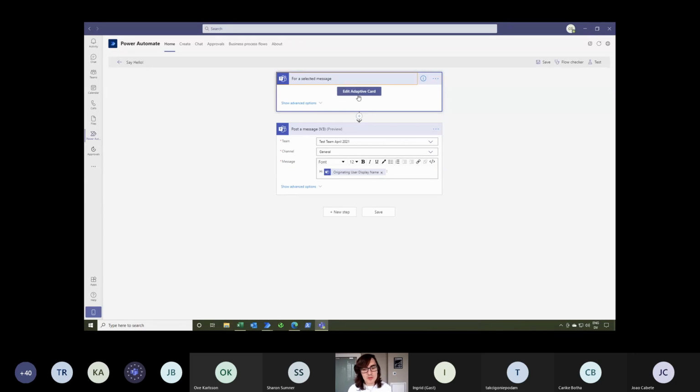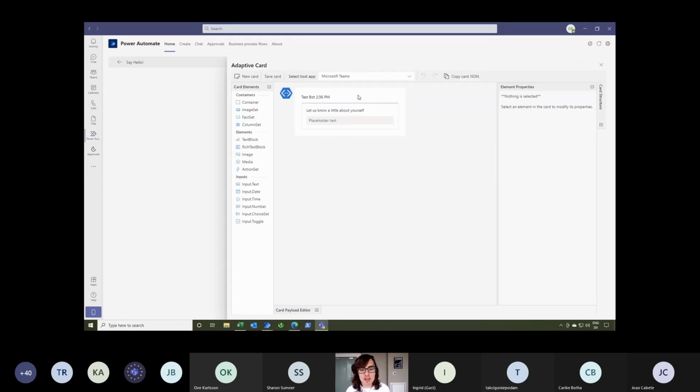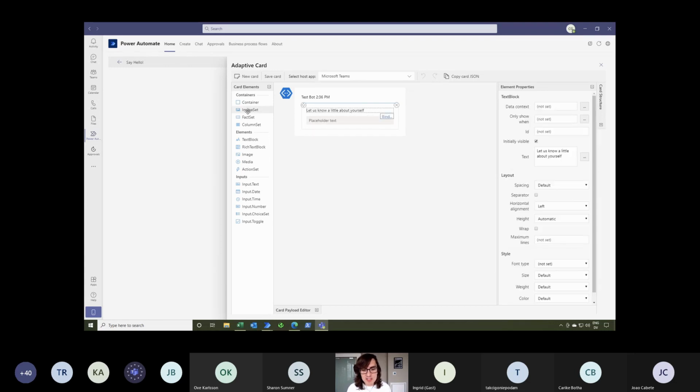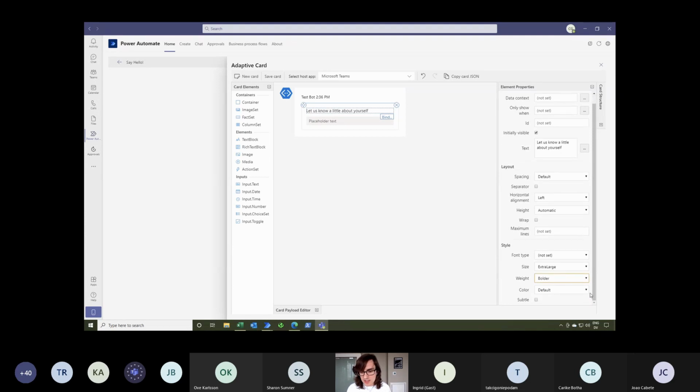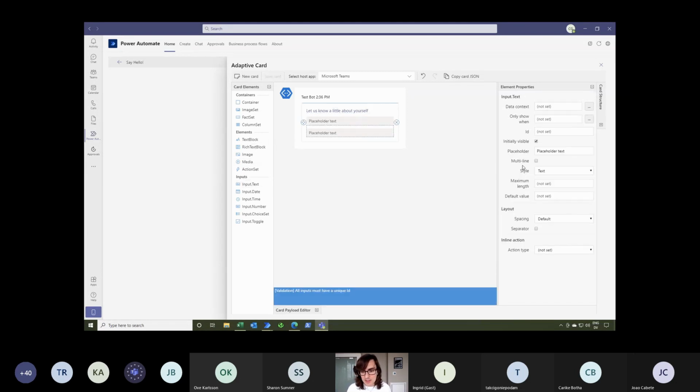But what this shows is that adaptive card that I mentioned, and the adaptive cards are really powerful because I can provide images, I can provide text, I can change the fonts and all of the different parts of this process that I want. So if I want to make this large or extra large and I want to make it bolder, I can change the color, so that way it kind of matches the team's colors here. I can add additional text boxes. So I can say, this is going to be some description,